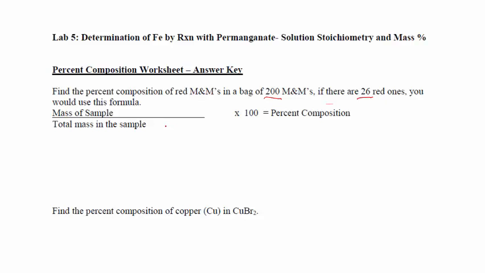And we can then take this type of equation: 26 red over 200 total times 100%. Now, of course, these are individuals, but since they weigh the same, they're proportional to the mass, and that would be 13%